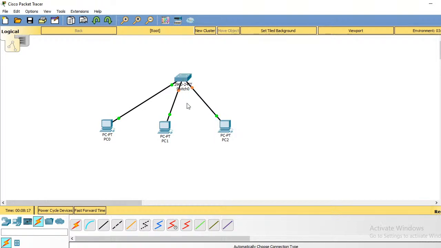So if you connect, it will take some time to become orange to green, but if you use the fast forward time, within a few seconds it will become okay. Now this is very important. When I click on this PC, it shows only Fast Ethernet 0, but it is connected